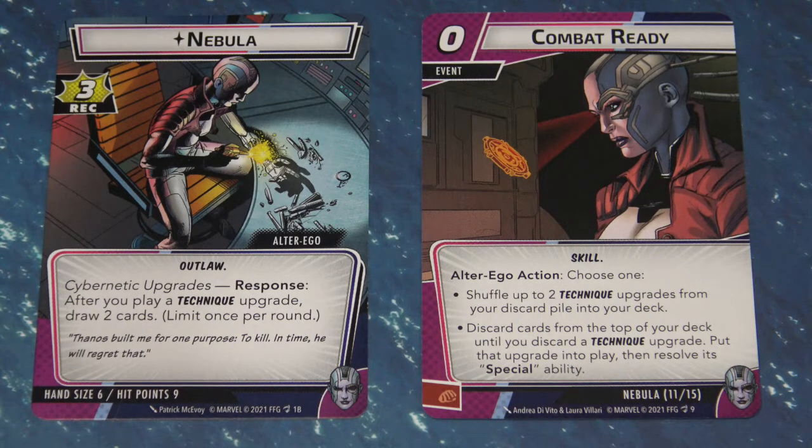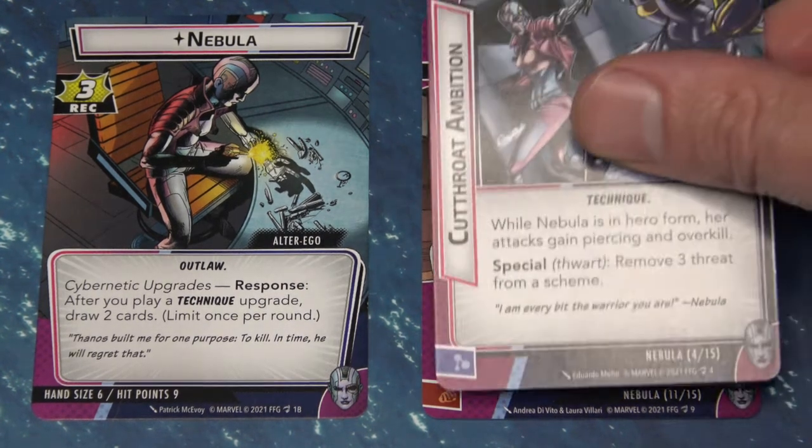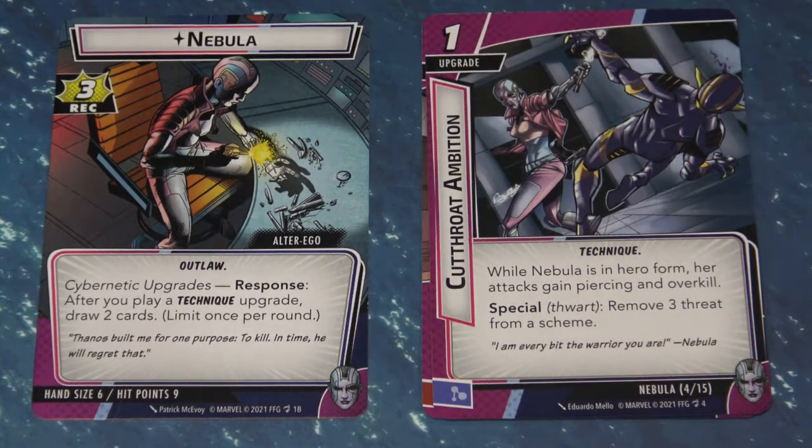But that's not the really cool part. The bottom part of the card, if you choose that option, this is where you have a chain reaction of events. You can discard cards from the top of your draw deck until you get a technique. So this is a 0 casting cost event. You play it and you start flipping cards in your discard pile,